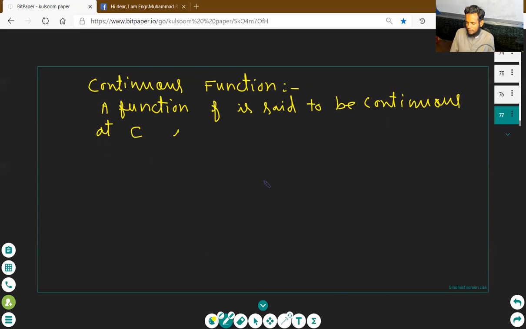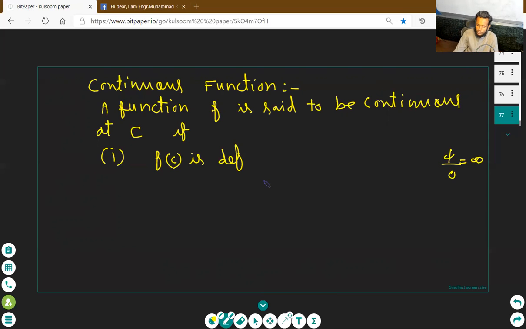At c, we will put the value in function, f of c. If our f of c is defined, for example, we will not get f of c as 1/0, okay? We will not get undefined, okay? f of c is defined. We will put the c directly without factorizing, without reducing. We will put the c in the function. If our function is defined, the first condition is satisfied, okay? And the second condition,